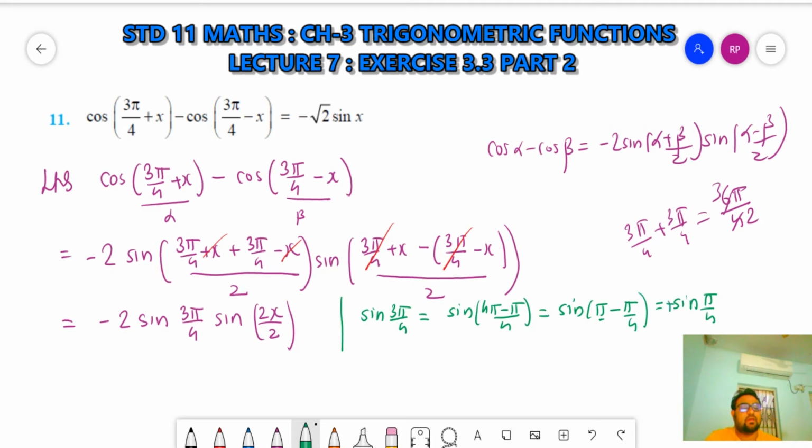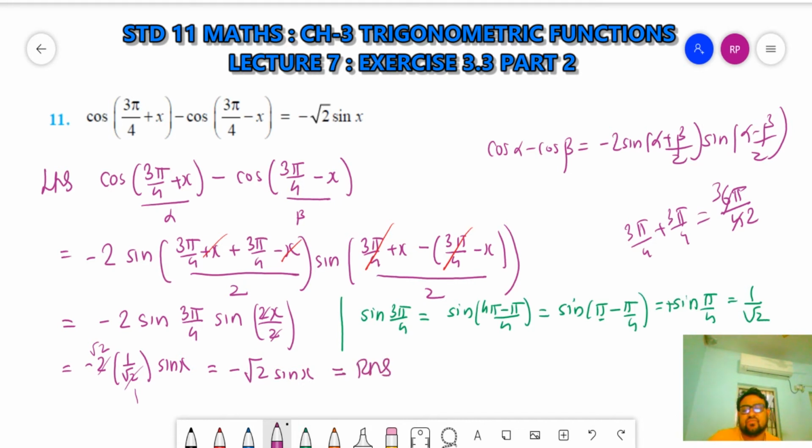So it will be plus sine pi by 4, and the answer is 1 by root 2. So here I will write it down. This is equal to minus 2 into 1 by root 2. The 2 gets cancelled, so root 2 is left. The answer is minus root 2 sin x, and that is equal to